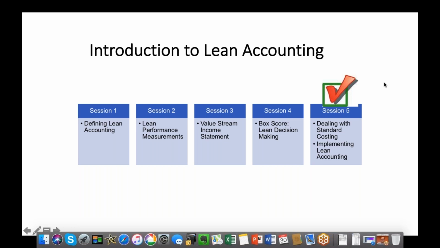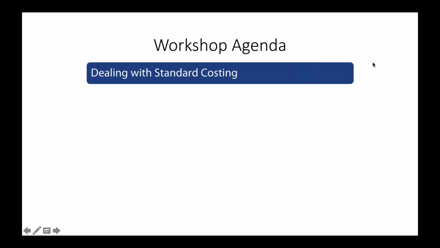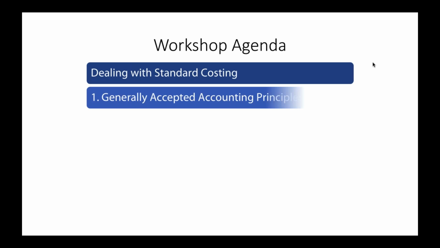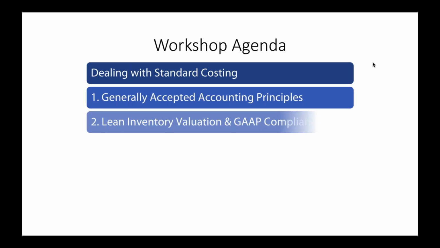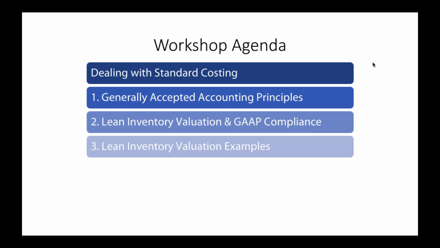So our agenda is we're going to start with dealing with standard costing. We're going to talk about what generally accepted accounting principles say about standard costing and what they don't say about standard costing. We're going to talk about how we value inventory in a lean company and maintain GAAP compliance using simpler methods. And then I'm going to show you some examples of how lean companies can value inventory